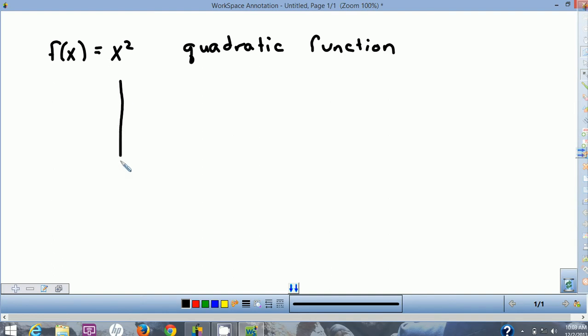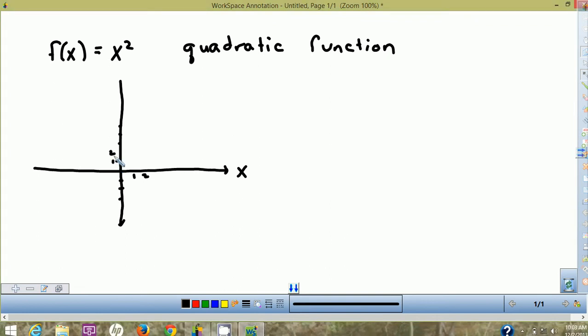But we're going to begin with a basic discussion of the parent function and what this graph is going to look like if we simply graph f of x is equal to x squared. So the first thing let us do is make a simple t-chart for the values of f of x is equal to x squared. We can always use a simple t-chart to get a general idea of what our function is going to look like. And let's put in the points 0, 1, 2, and 3.